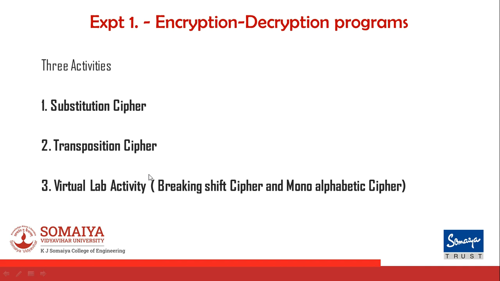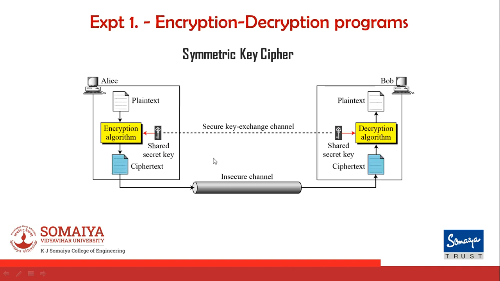Now, in symmetric key cipher, how does symmetric key cipher resemble the substitution cipher? Let's consider that we just want to show it here. So symmetric key cipher. In encryption decryption terminology, one is the sender, another one is the receiver. So here Alice sends some kind of text, that text we are calling the plain text. It will be working on my encryption algorithm. Some key is provided as input and we are getting the ciphertext.